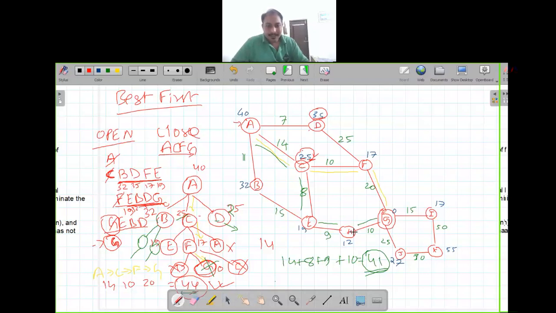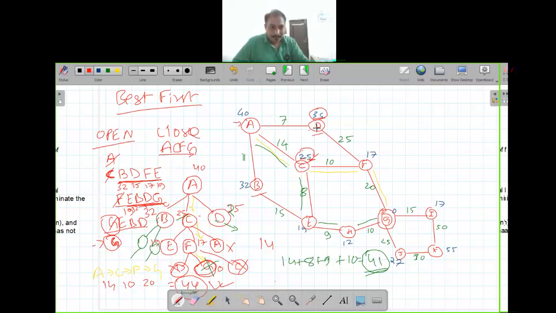So here we will see the lowest heuristic value. The successor of A, there are three successors, and out of these three, we will select the successor which has the least heuristic value. As you can see, the least heuristic value is 25 out of these three heuristics. So we will select this path to explore the next node. But at the same time, we will store B and D in our buffer.